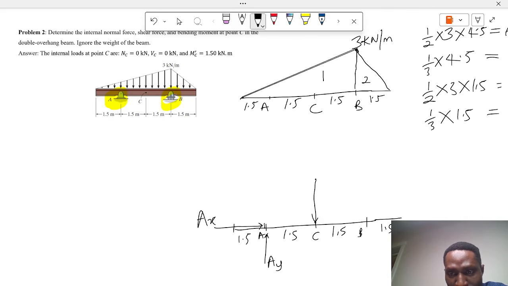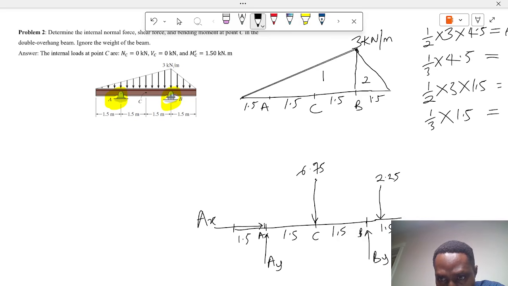Point 1.5 from the apex, because the apex is at point B. So 1.5 is this point, and you just put the force there, 6.75 in kilonewtons. The other reaction is at point B, where you have this normal reaction, and you call it BY. The last but not the least reaction is at point C, and I'll carefully draw it here, and that concentrated force is 2.25 kilonewtons, and it's acting